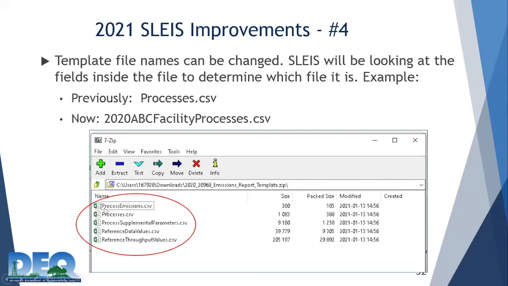You could change, for example, the processes.csv file. If you want to put, okay, this is my 2020 processes, and at this facility, to keep your record straight, you can do that. What SLEIS is going to do is look inside that file to identify what headers are in there, and it will understand which file it is that way.